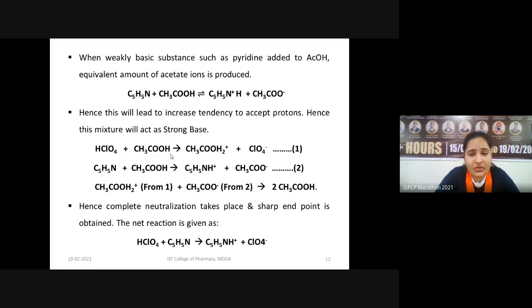Hence, we can say that indirectly complete neutralization of the reaction has taken place, and after the complete neutralization end point is obtained, the net reaction is written as